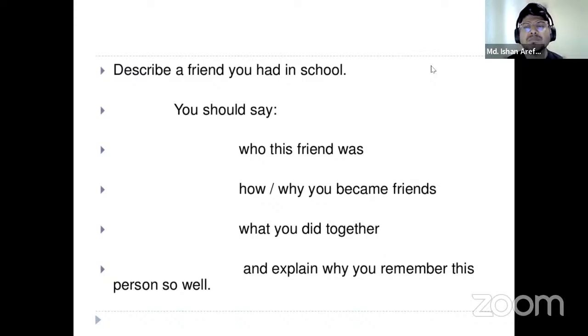I cannot forget the moments we passed together as school friends. We had created a lot of memories that we can't even forget. I'm sure my friend cannot forget those memories as well. So we used to be together like the best buddies in the world. We used to go to places, we used to play together, and our choices were even same in the school days. So we used to study together and attend the exams together.